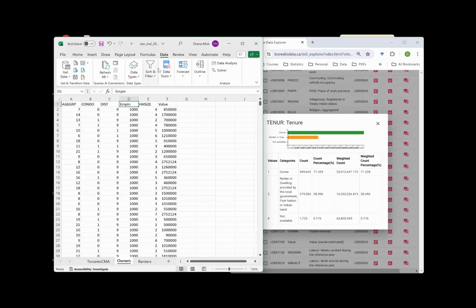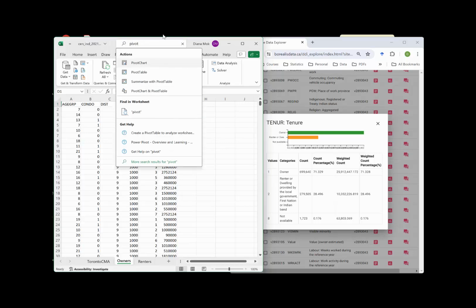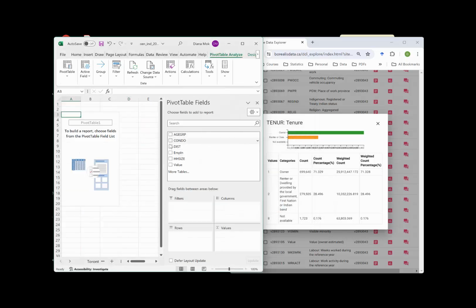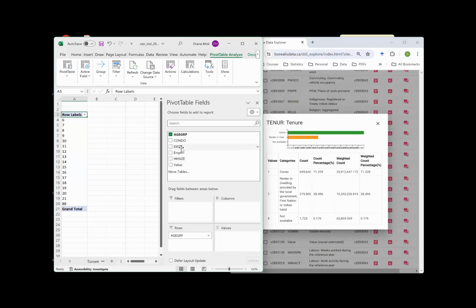So let's say I am using what is called pivot table. So search for pivot table. It will automatically select the whole range of data set that we have. Notice that we have 66,000 observations. It will create a new worksheet based on whatever table we want and click OK. Here are all the variables we have. We want to look at age groups, so that will be in our rows, and